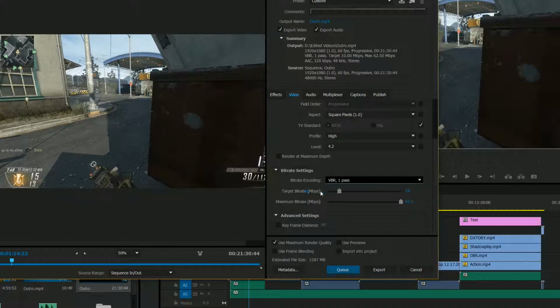1 pass. Now your target bitrate is pretty much going to decide how big your file size is going to be. If you look at the bottom, you have an estimated file size of 1587 megabytes, so 1.5 gigabytes. And if I push this up, you'll see that the estimated file size increases. Now this is nowhere near a hard limit on how big or small your file size is going to be. Again, it's an estimate, but I feel that